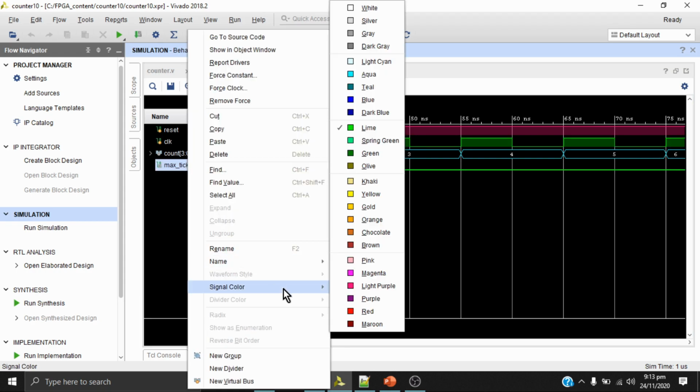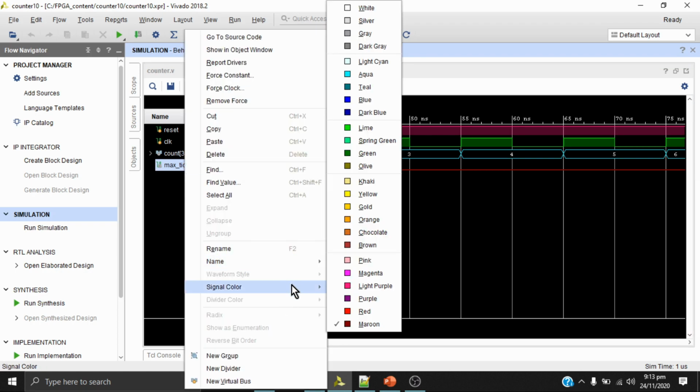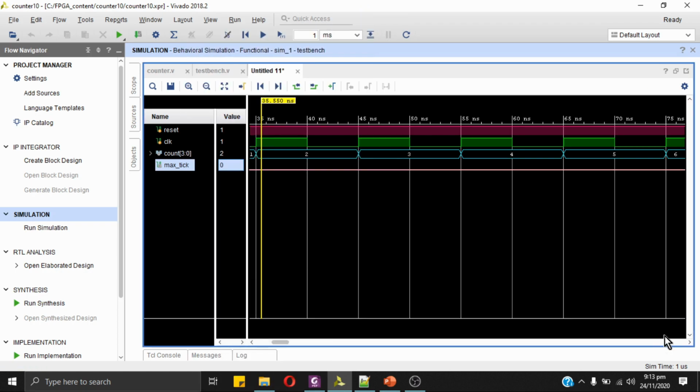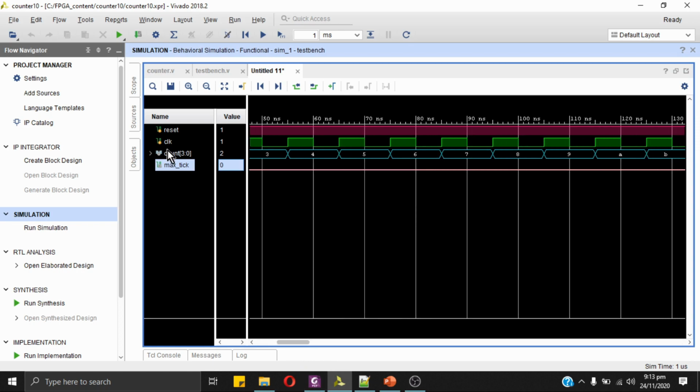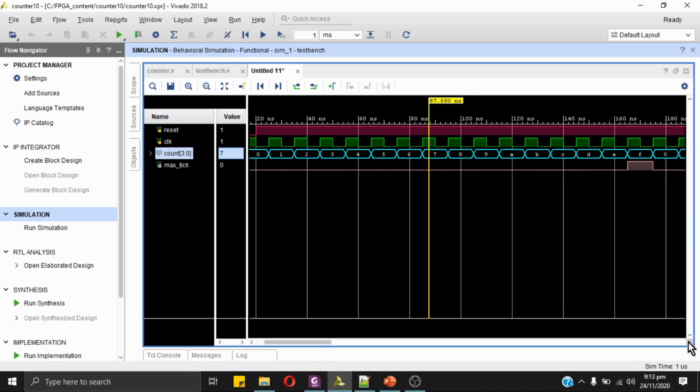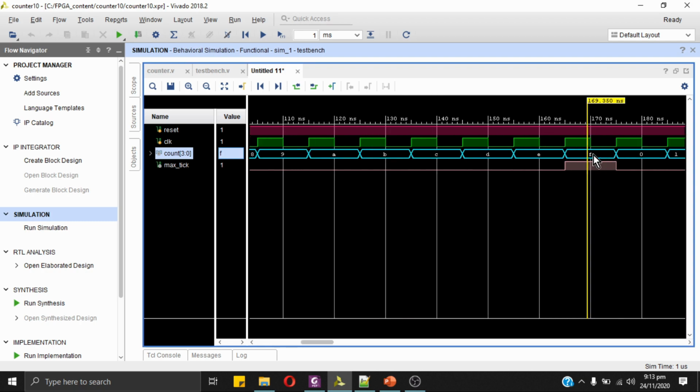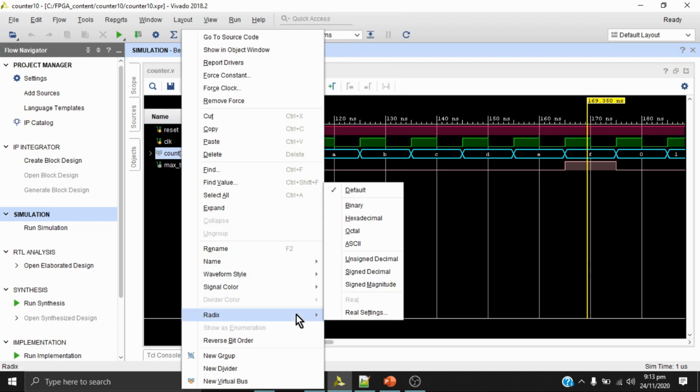And about max tick, we discussed that max tick is basically the signal which goes high whenever the maximum value in the counting is detected. So let me show you. Here F is the maximum value in this counter. F is basically 15 in decimal.